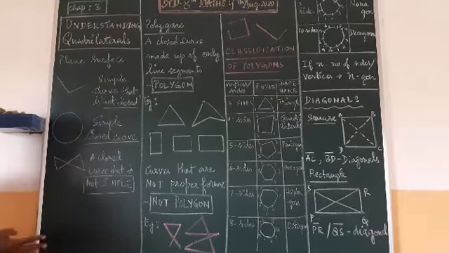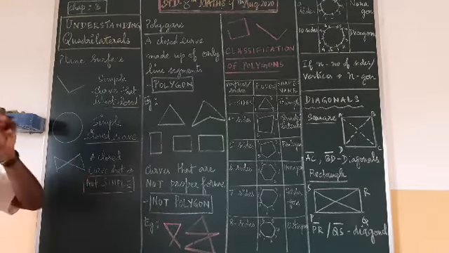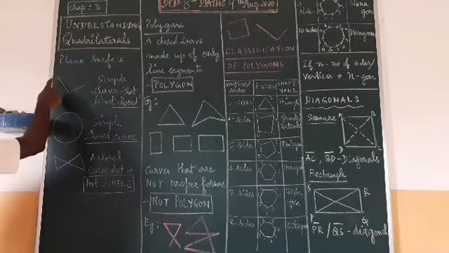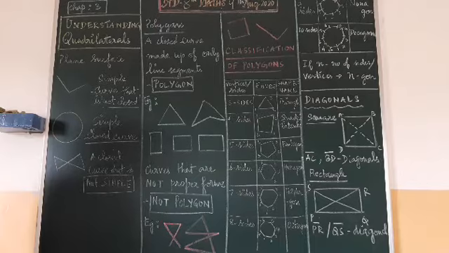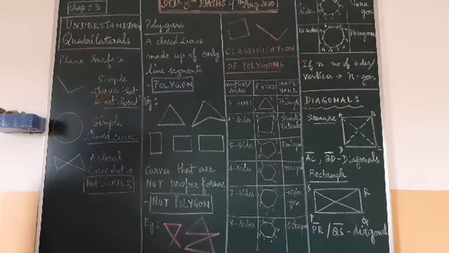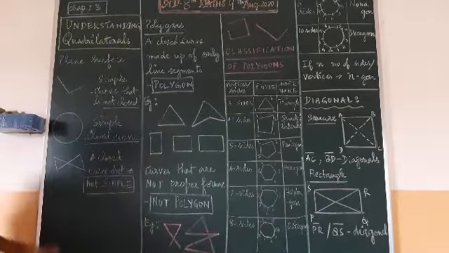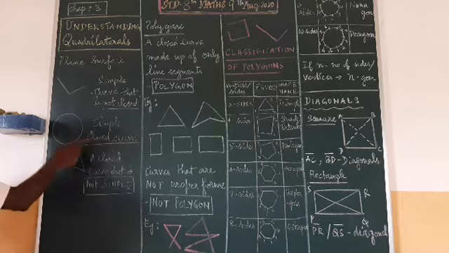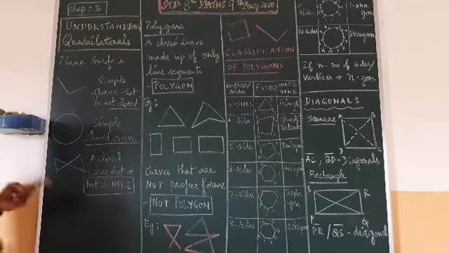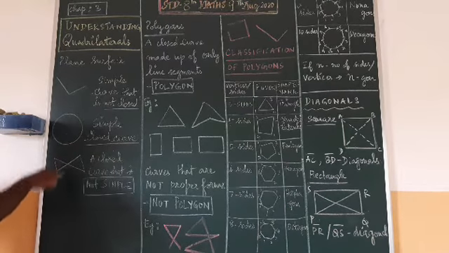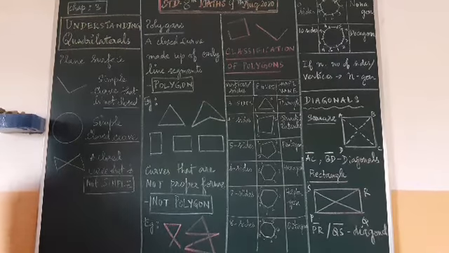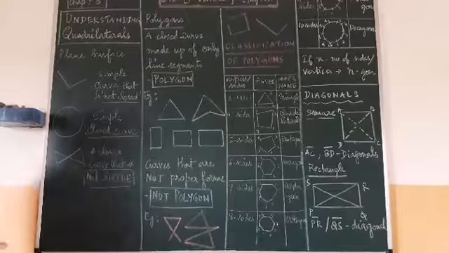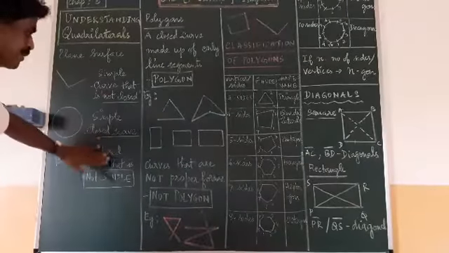So curves may be a closed curve or an open curve. If the line is not completely touching each other, it is an open curve or a not closed curve. If it is closing at the end point, then it is called a closed curve. If it is closed, but in a typical manner, not in a simple fashion, that is called not a simple curve. Okay, this is your first starting position.